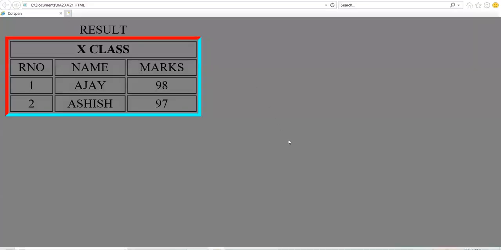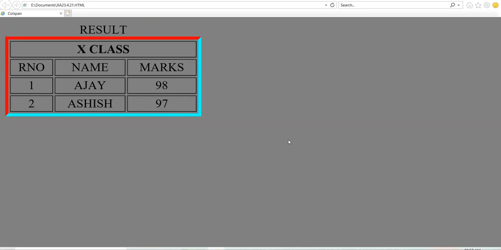See carefully. Bordercolorlight is displaying the color for the top and left side of the table. Color aqua, the light blue color aqua, is for the right side and the bottom side of the table.